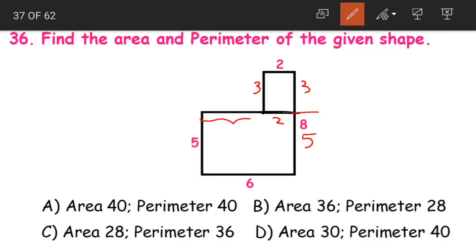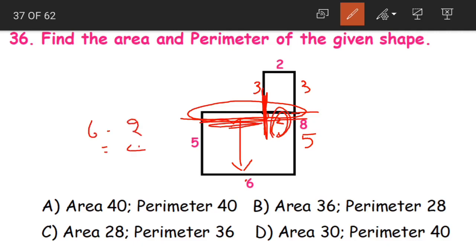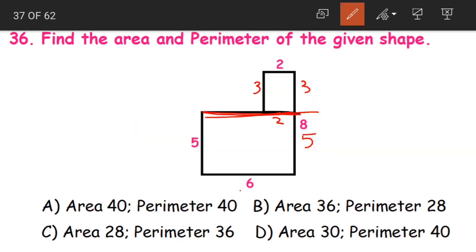Now the length of this side is missing. Yes, the length of this side is missing. Again, the length of this total side is equal to how much? 6. Now from 6 till here we know that it is already 2. Now how much is remaining? 4. So 4 becomes the length of this side. Understood, children? The length of this entire line is 6. Here we already have 2, so it becomes 6 minus 2, 4.